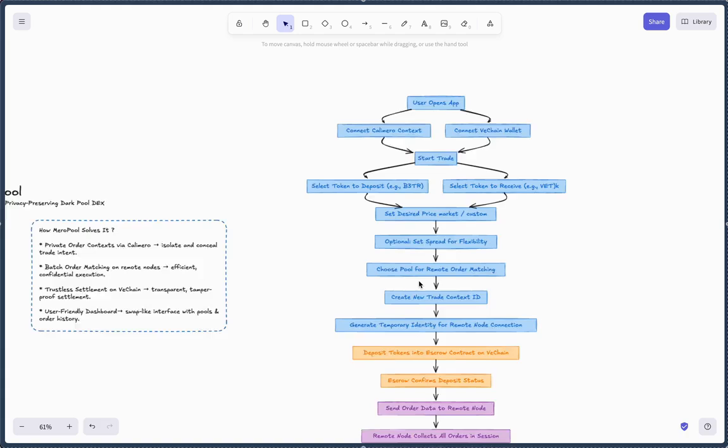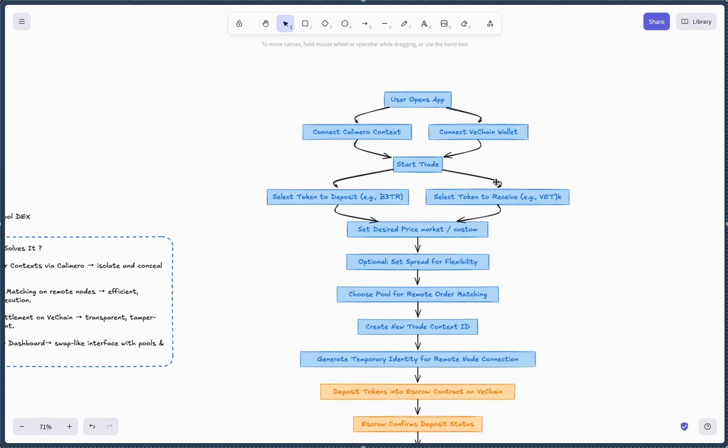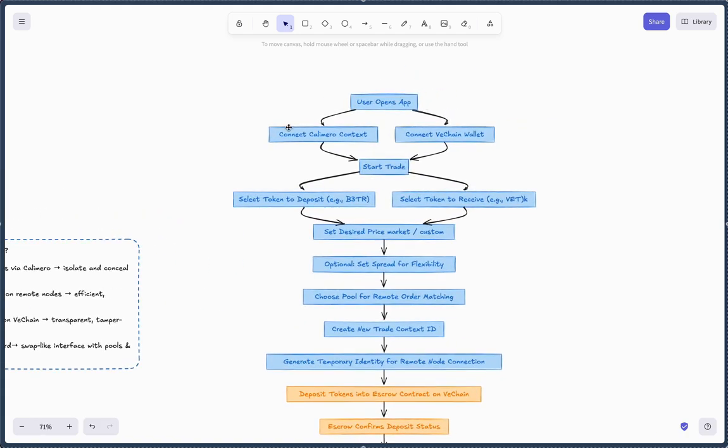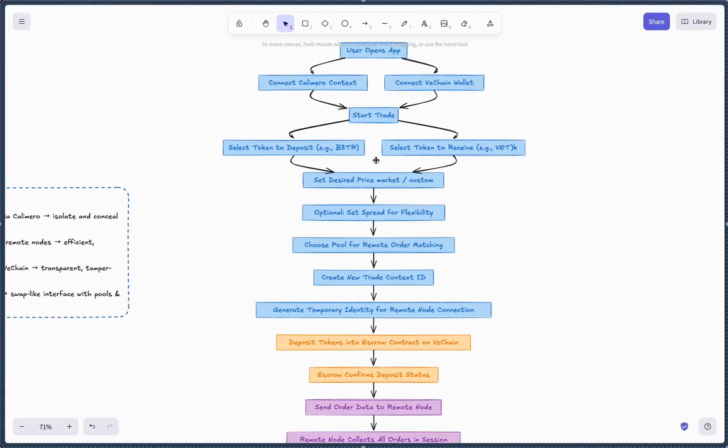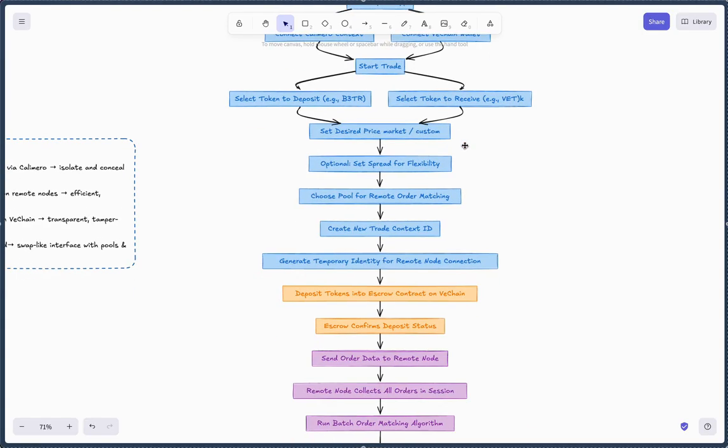So coming to the app overall, how the app works. When the user comes to the app, they have to connect both their Calimero and VeChain wallets. Then the user begins the trade. It is simple, like any other swapping platform. The user deposits their token and what they want to receive. They can set a desired price, their spread, and which pool for the remote node they have to choose